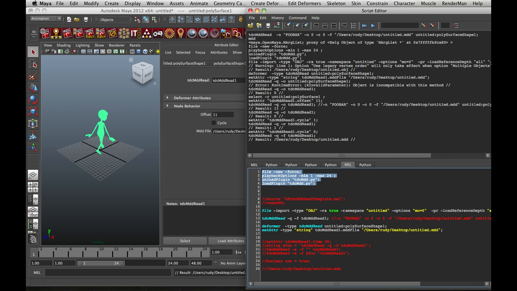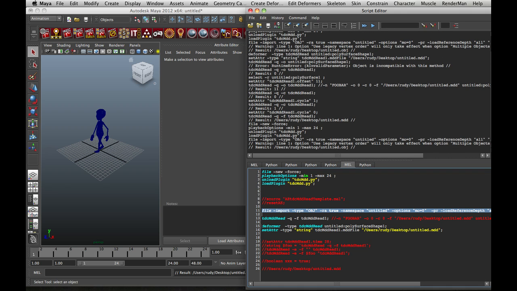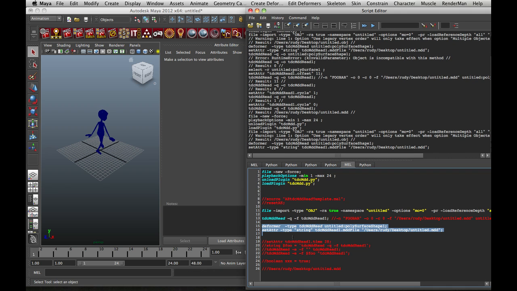Let's load and reload everything. Load our little dude. Apply the deformer. And then what we're going to do is, instead of query, we're going to do an edit. We want the offset to be set to 8. And we have to give it the name, so it has to be tdcMddRead1. So if we do that,